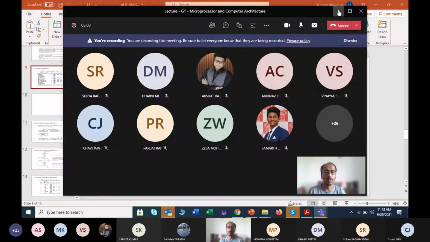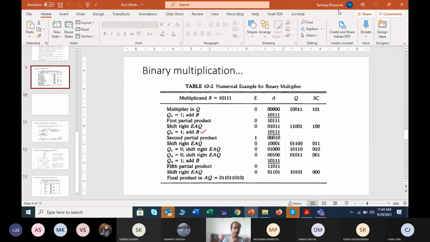Till the date we have started the ALU part, we have covered signed number addition and subtraction, followed by signed number multiplication, right? Then today we will approach signed number 2's complement multiplication, that is by Booth's algorithm, and once this is completed, we will again touch the 2's complement part, that is for addition and subtraction.